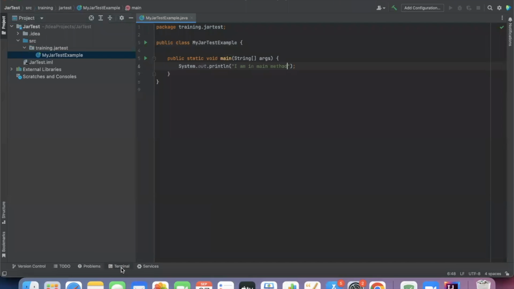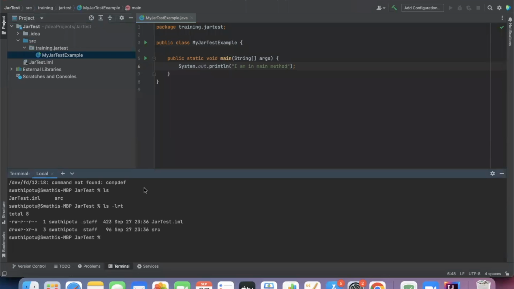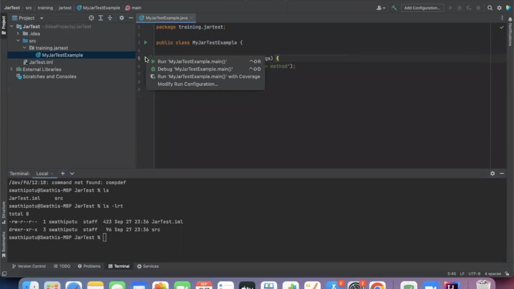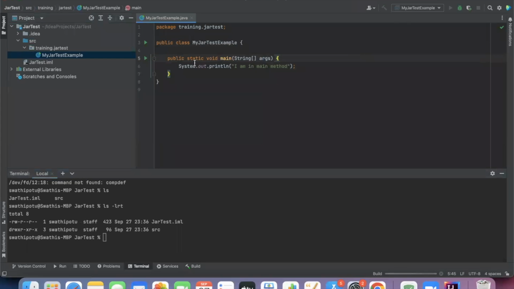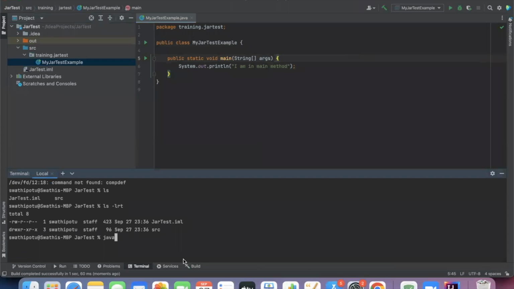So let me create a jar file here. So if I run this one, yeah, it created the out directory. So based on that out directory, what I am going to do, CVF